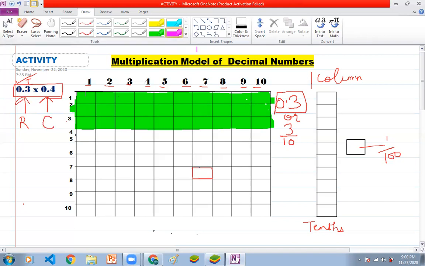of a different color. So I am taking a pink color to represent 0.4. So I need to shade 4 columns: 1, 2, 3 and 4. So in this way I am shading 4 columns only. So you can see that when this pink color is overlapping with the green color, it is giving me a texture of black color.